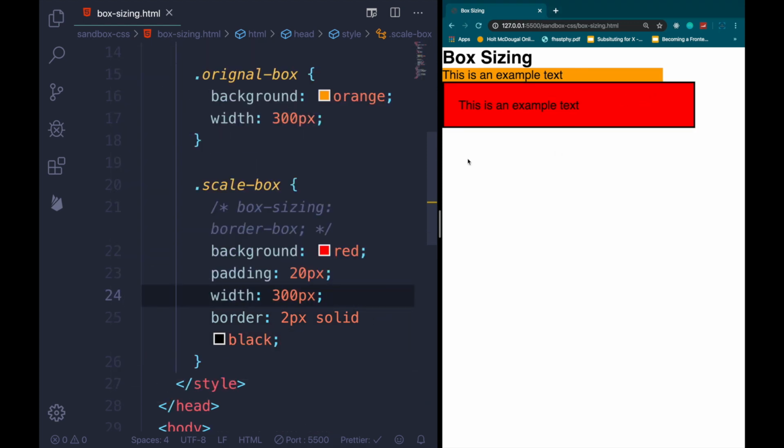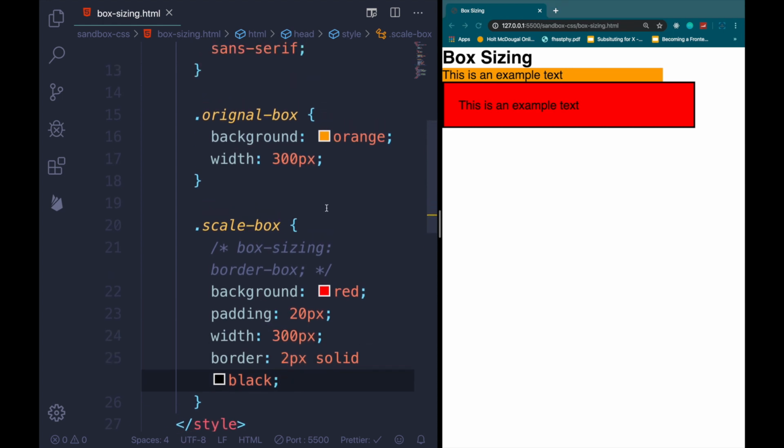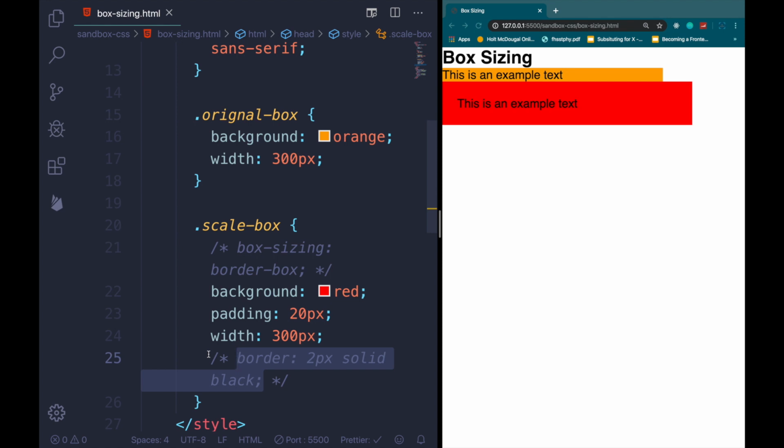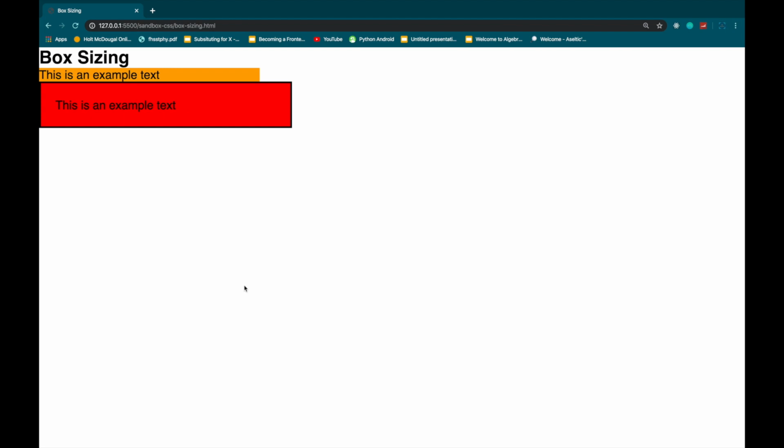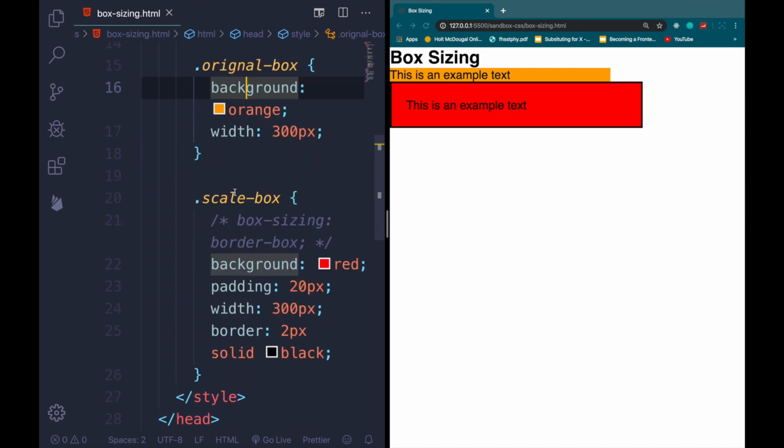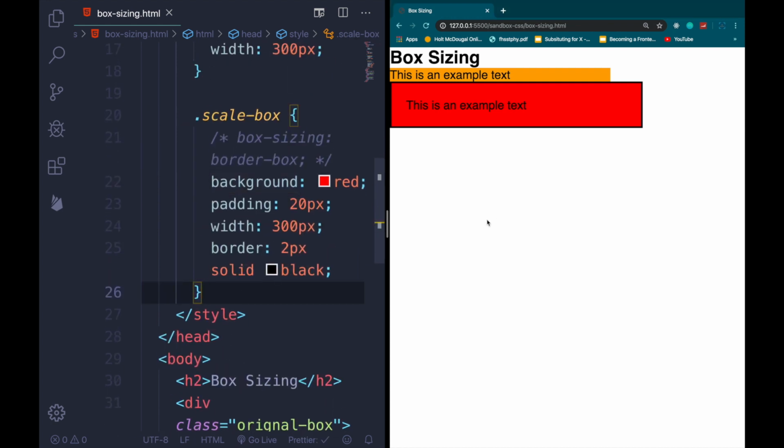Alright, did you just notice? Look. I'm going to remove this for a second quickly. Watch. Look at it before the border, right? And be very careful when I save. 3, 2, 1. It just added to the border of this. So this is our original box. As you can see, this example text and this box right here, we just added to the width of it. So once we re-enable border-box,